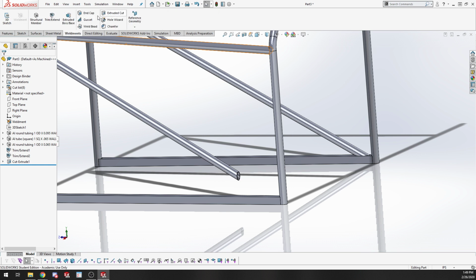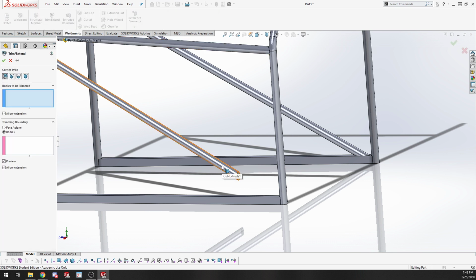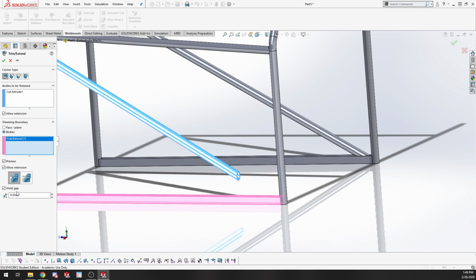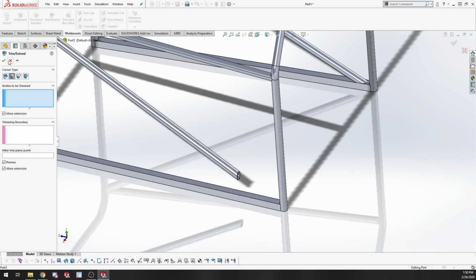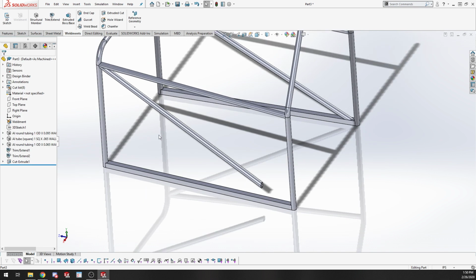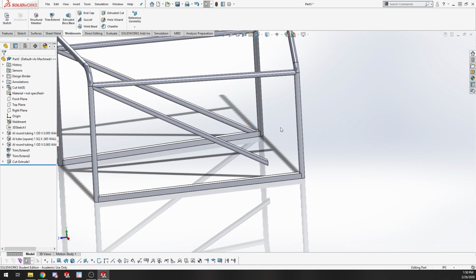That trim extend feature goes up to there. Allow extension. It's not trim, check completely. This one. That's really weird. Maybe that's not quite the best example, but basically the trim extend is just for those